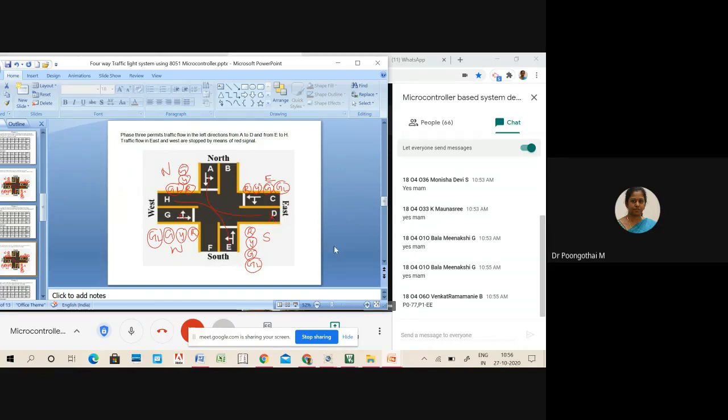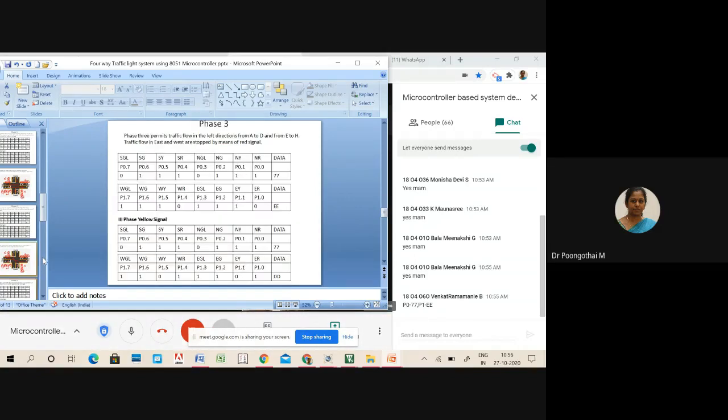Okay, what is the value? 77 EE. Yes, 77 EE. So here, please look at here. Your north green left is turned on and south green left is turned on. Similarly, to stop the traffic, WR is 0, ER is 0.